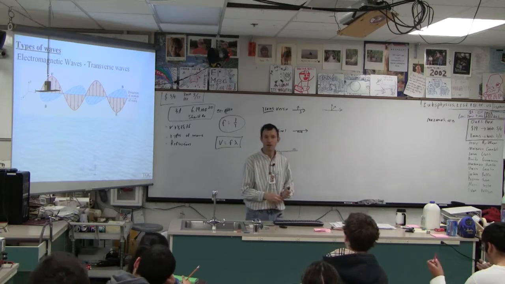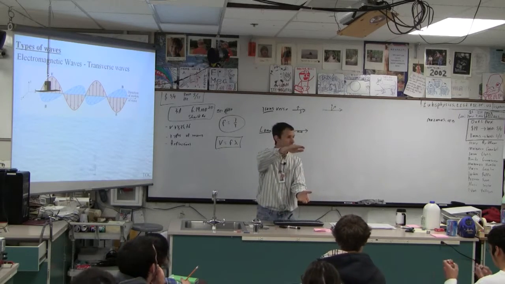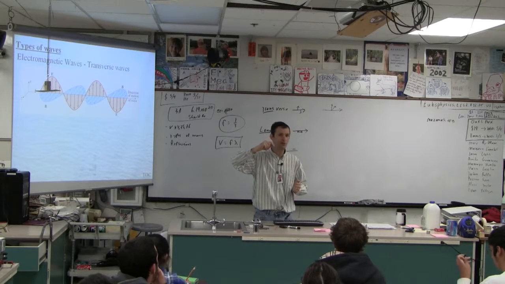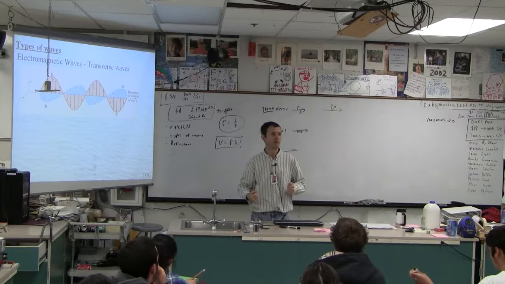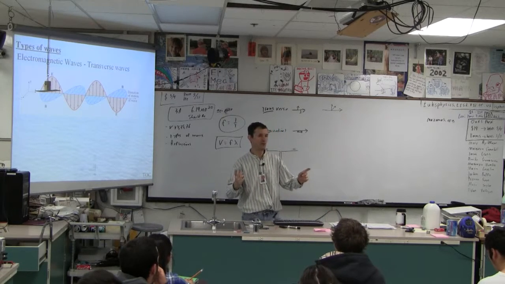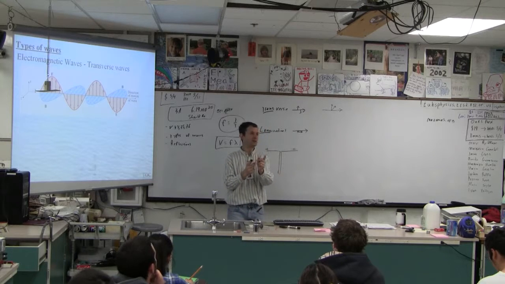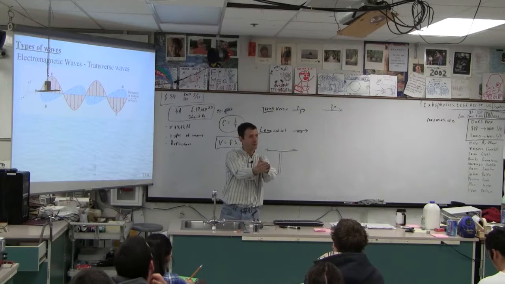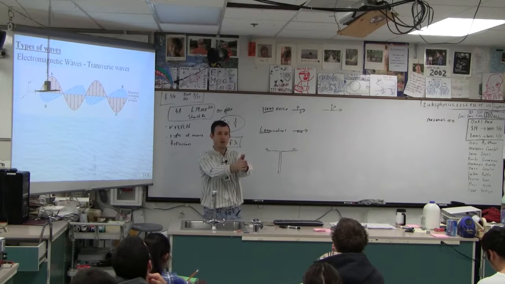Well, here's the crazy thing. If you've got an electric field and you get rid of it, if you take away the thing that makes it, electric fields contain energy. So it can't just disappear. The energy in that electric field has to go somewhere. Well, where does it go? It turns out that when an electric field collapses, it creates a magnetic field perpendicular to it. This is one of Maxwell's laws.